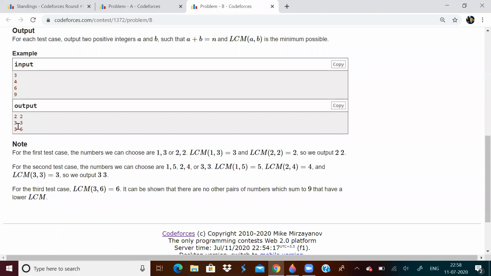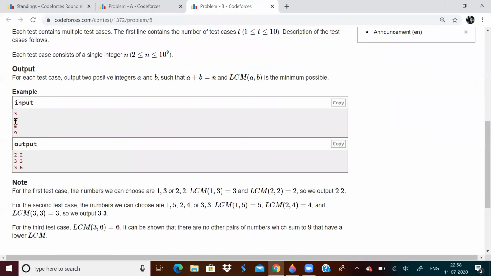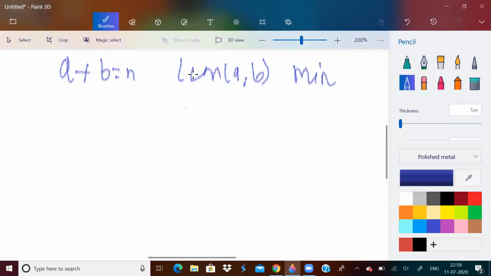So look at the test case examples. You can see over here when n is even, the answer is n by 2, n by 2. But when n is odd, there is something else happening. What is that? So you need to do some observation and you also have to dry run some test cases.